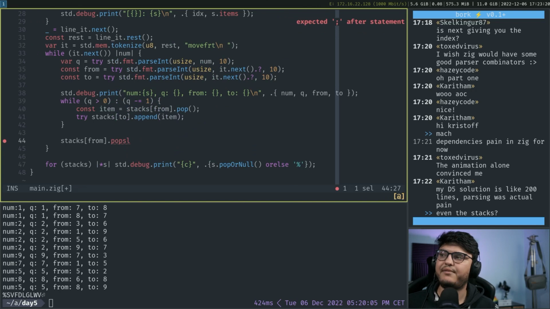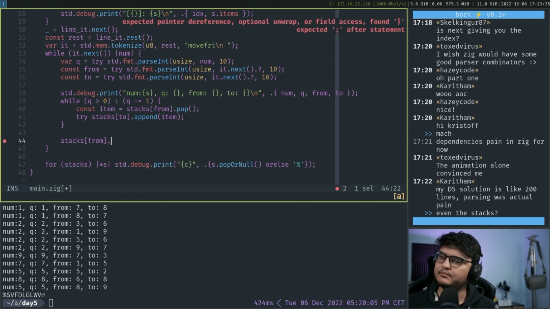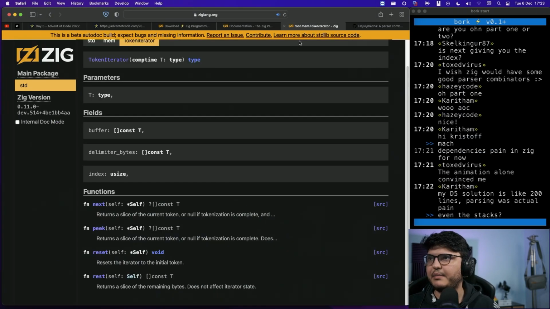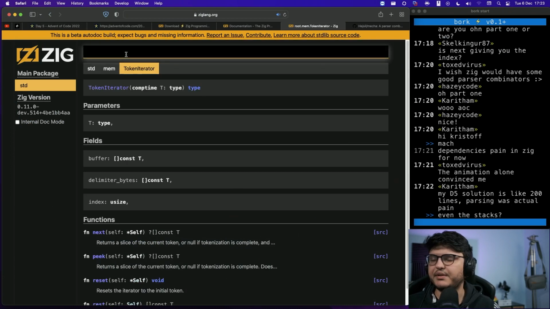We don't have pop slice. That's annoying. It is annoying. So we don't have an operation to pop and... Okay, let's take a look at the documentation just briefly, just to see what operations we have. I mean, we can survive this. It's not a big deal, but